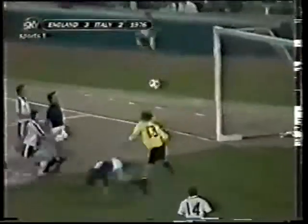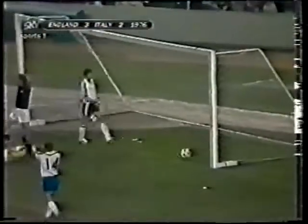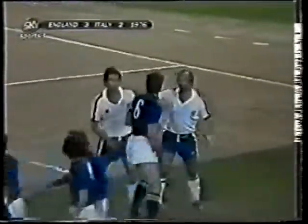It's not over yet. Now the cross coming sailing into that England 6-yard area. Mills couldn't get to it, but Corrigan. Oh, Corrigan stopped it. No, disallowed. Disallowed. Right, well, it all starts around about now, doesn't it? They didn't like losing, did they? And I think the big point of this stage was